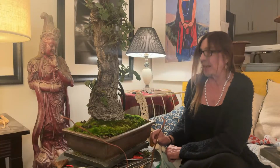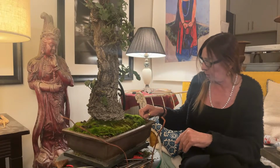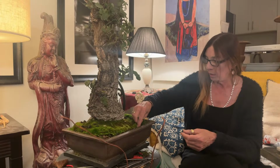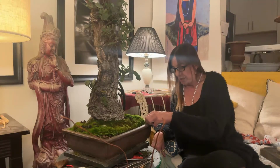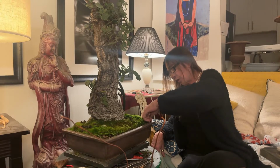But as I saw it at the time, it had a lot of brown leaves, and it looked kind of octopus-like, but it had a lot of short branches and a lot of dead leaves. And I thought, it's probably been underwater. The trees, this variety, is known to be hardy or drought hardy. And I could see if you were calling people to come water your garden, or if you were the one using all of your energy by yourself to water a three or four person job, I can see where you would keep in your head the trees that were drought hardy and focus more of your attention on